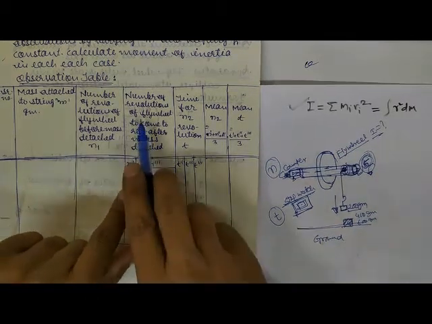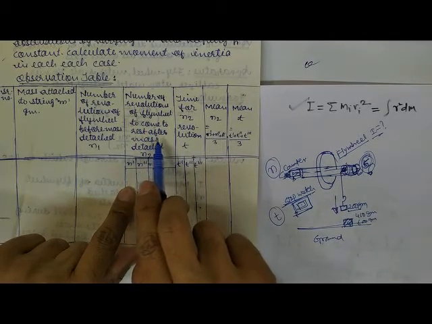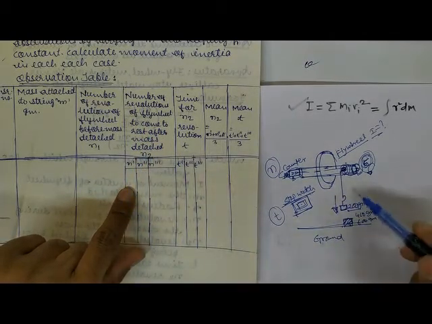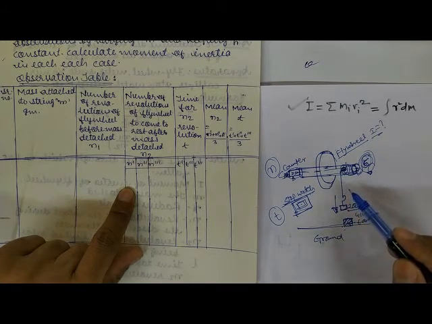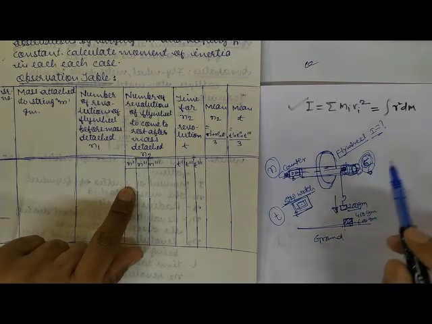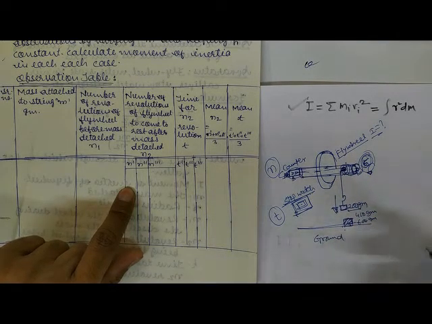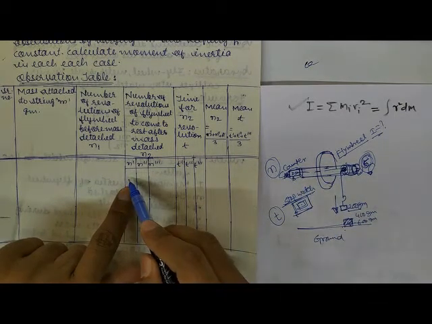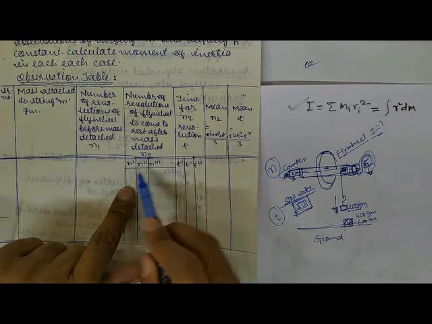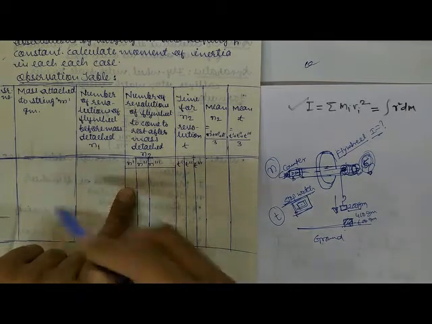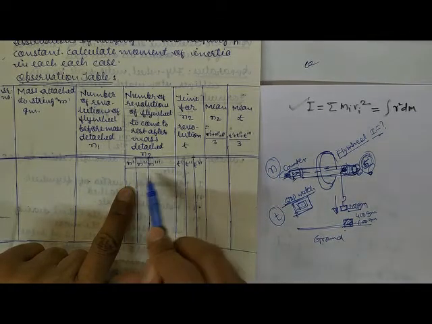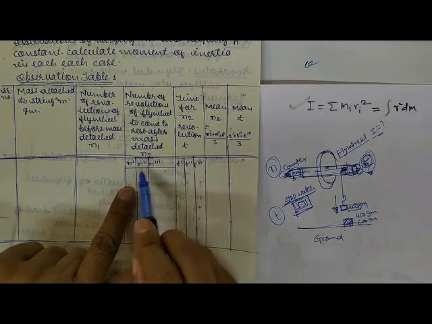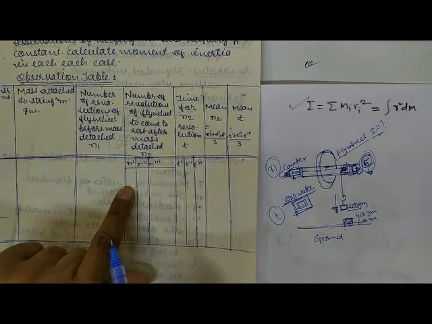And here, the number of revolutions of the flywheel to come to rest after mass detach: once the mass hits the ground, the flywheel rotates, and after some time it will come to rest. Till that time, how many revolutions it has taken is what we have to note down here. And n', n'', n''' mean the number of trials. So 3 sets of 3 different masses, but for one single mass we will take 3 trials for accuracy purposes. That is n prime, n double prime and n triple prime.